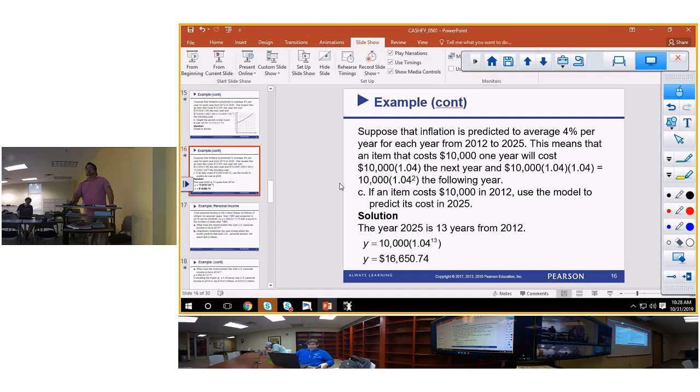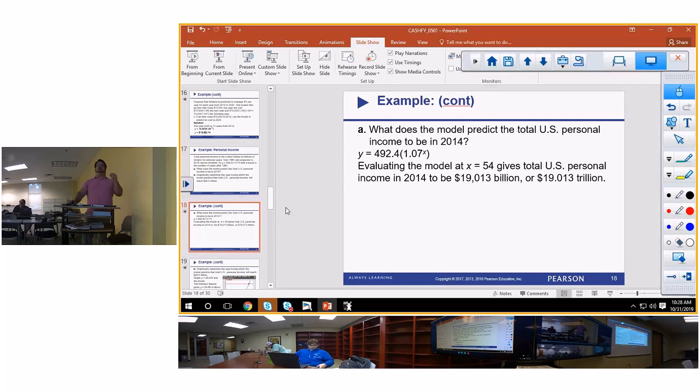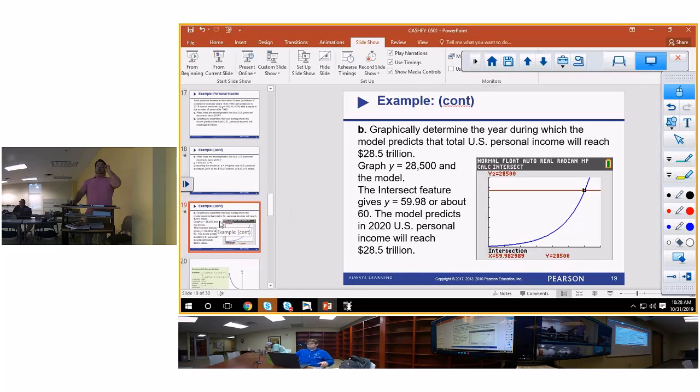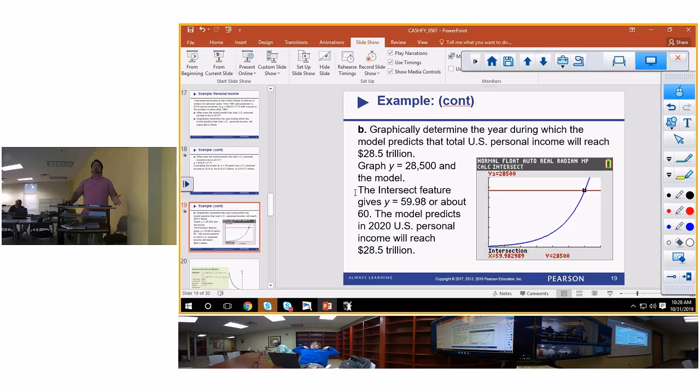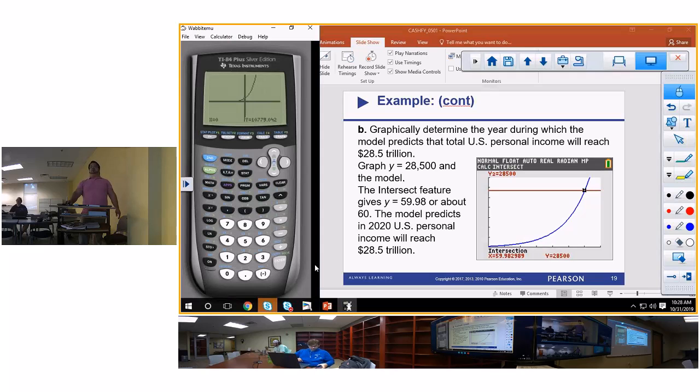All right, anyway, you type in 13, go to the table, you can put in 13 and find out what Y is. Y'all know how to do that. I'm not going to spend a lot of time on that. All right, same thing here. If you want to find Y, you can either find it with the table or you can find the intersection point. So if I wanted to find Y is equal to 13 on that one, or 12, then I would type in here, Y is equal, and I would type in 12 and graph,